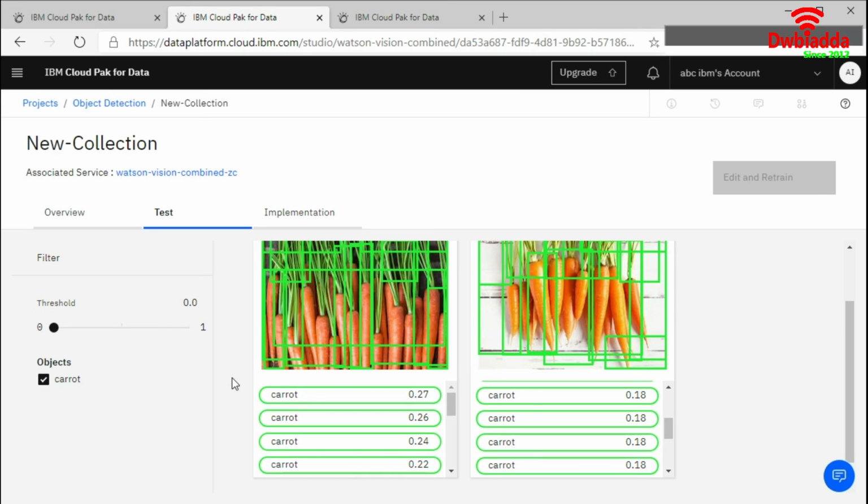This was all about how you can do image detection, and if you want to retrain it, you can follow the same steps as we have followed in the classify images